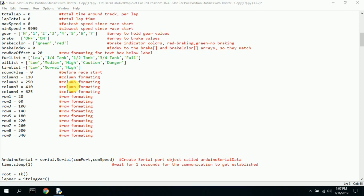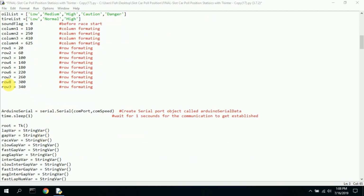So I wanted to go through twice. And I wanted to stop after the first half, just before the countdown. And then once the countdown goes, I start driving the car and everything else takes off. So this also allowed the tkinter window to build and display the data and get set up. Otherwise, it's still trying to bring up the stuff and the sound's all over with, and it just was kind of goofy. So here is some column formatting for putting data windows and